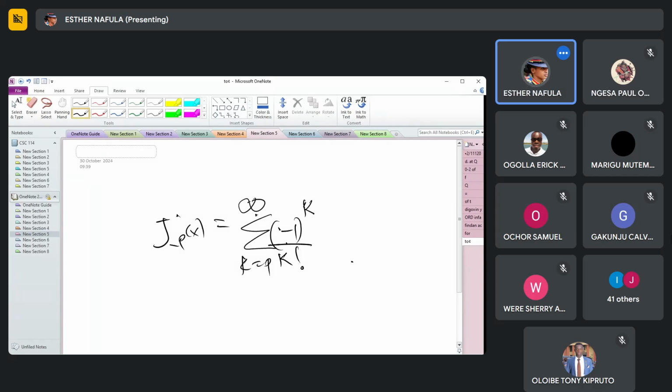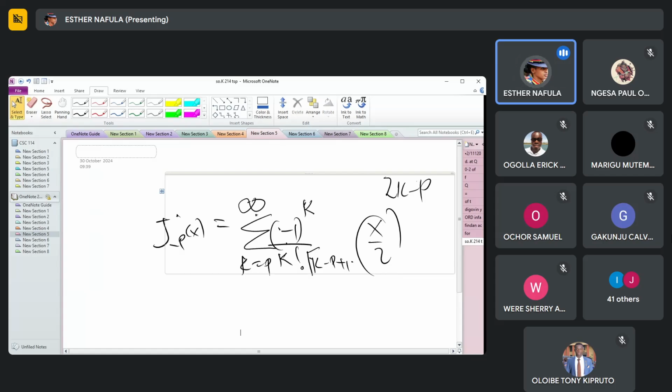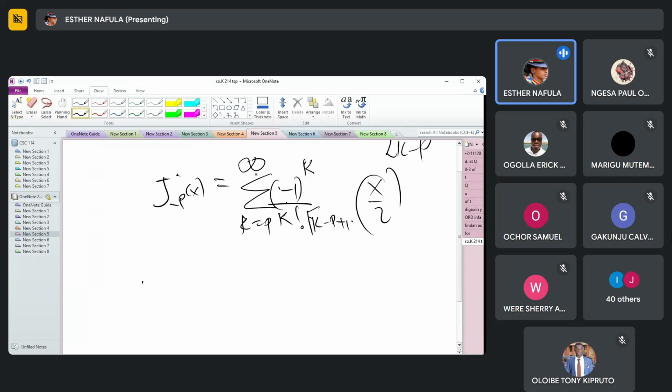k factorial gamma of k minus p plus 1, x over 2 raised to 2k plus p minus p. And then we wanted to do some shifting. So we set k minus p equals m, so k is equal to m plus p. If we wish to sum over m, then we need to determine the limits. m is k minus p, but k is running from p to infinity. So we need a value for m corresponding to k equals p, as well as the one corresponding to k